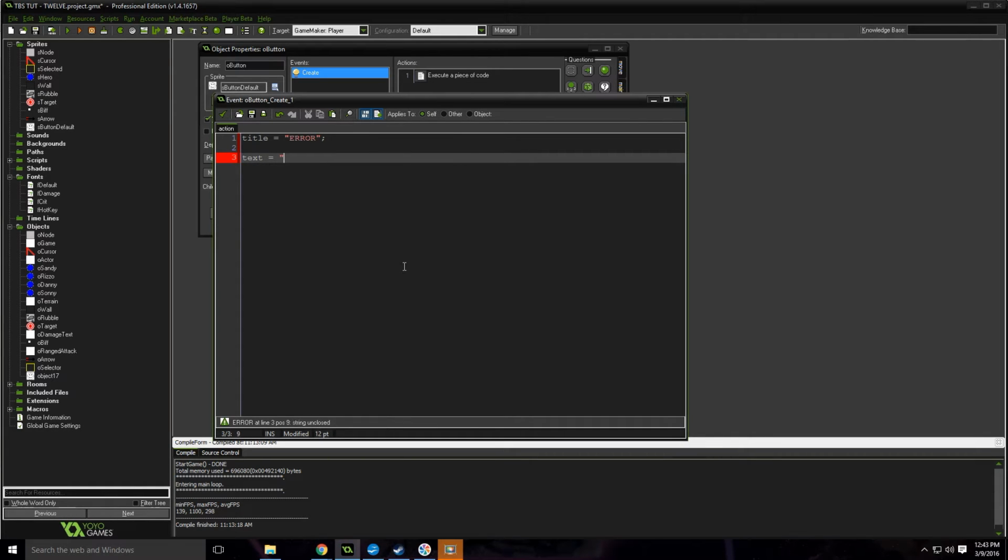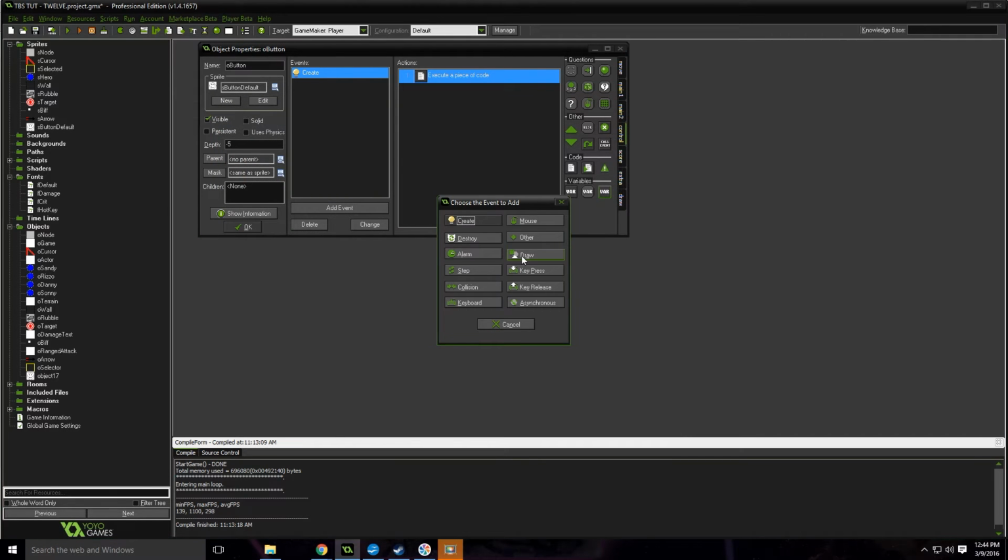Text, button did not receive information. Pretty sure I spelled receive right. And then hotkey equals error. So if we see any of this, we'll know something went wrong. But like the button, what we want to see is a title of end turn, a text of something like ends the turn of current character, and the hotkey will be X for all of this. But we're setting all this up with our error information so that if we see that, we know something went wrong. Green check out of here, add event, draw,